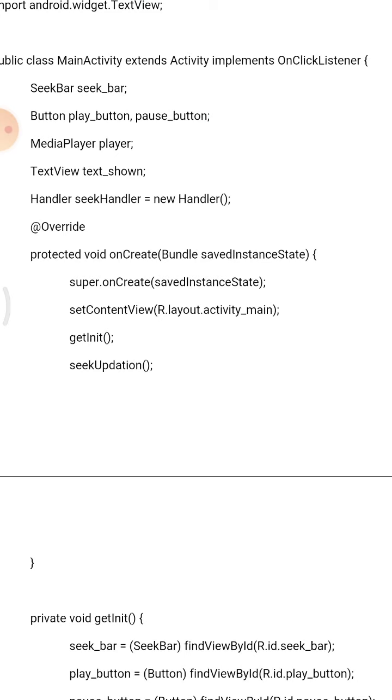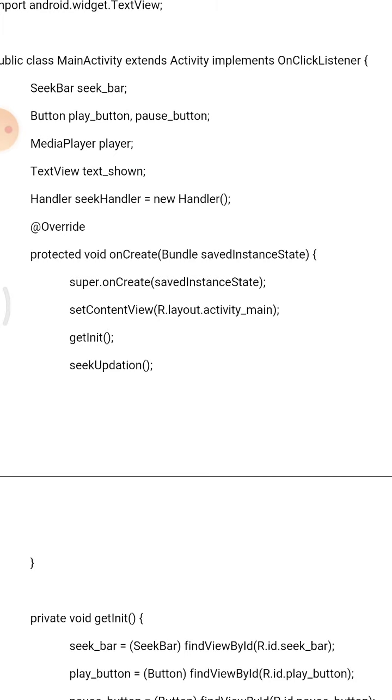These are the objects: SeekBar seekbar, Button playbutton, pausebutton, MediaPlayer player, TextView textshown. These are the same as int a, int b, int c in C. In the same way we have to declare these components here, so that whenever you use them, they are known to the compiler of Android.